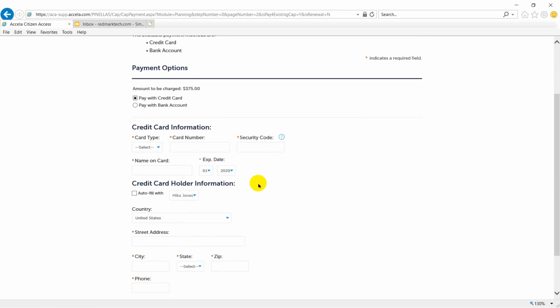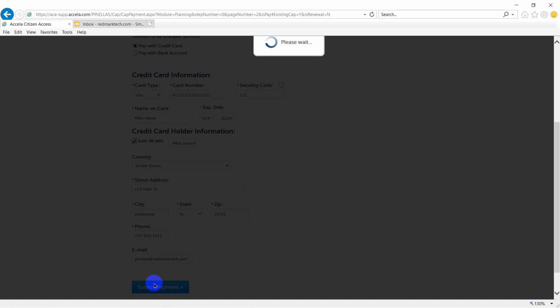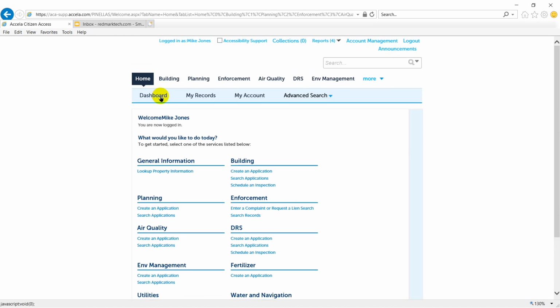And it takes me to my payment screen where we have to fill out the information in order to submit for payment. So after making that payment, we can now see that the fees have been paid. Again, I can click on the print receipt button to view the receipt. I can go back to the record details, or I can just go back home and work with my list